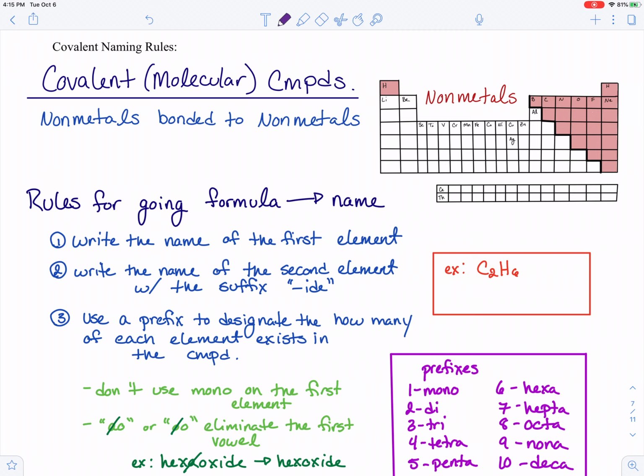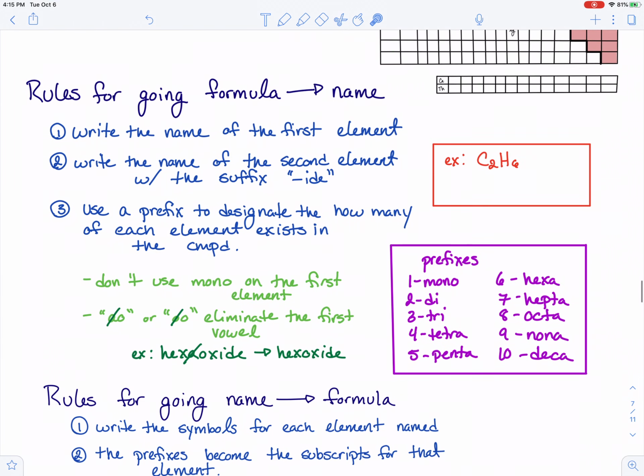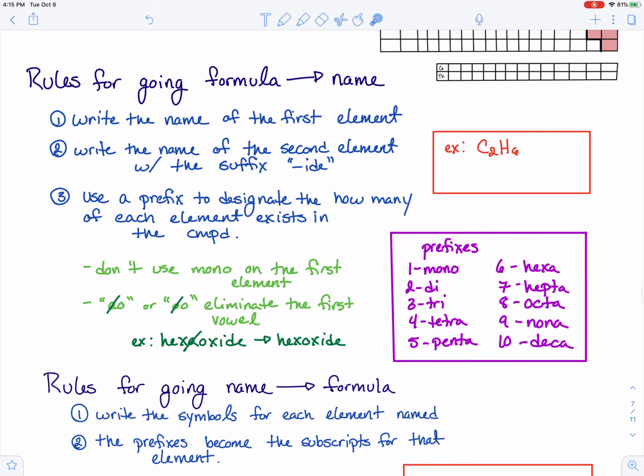So here are our rules. They're always going to be nonmetals bonded to nonmetals. So you'll see over here, this matches the periodic table that I have for you. So hydrogen is a nonmetal, and basically everything to the right of the staircase is a nonmetal. So here are our rules. When we are going from formula to name, we are going to write the name of the first element, write the name of the second element and end it in "ide,"